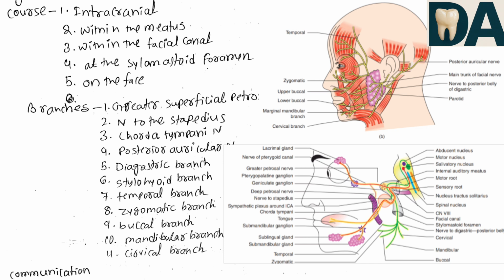Third one, chorda tympani nerve. This originates during the downward course of the facial nerve behind the tympanic cavity at approximately 6 mm from the stylomastoid foramen. It runs upward and forward in a canal and enters the tympanic cavity. It travels across the tympanic cavity to exit through a foramen